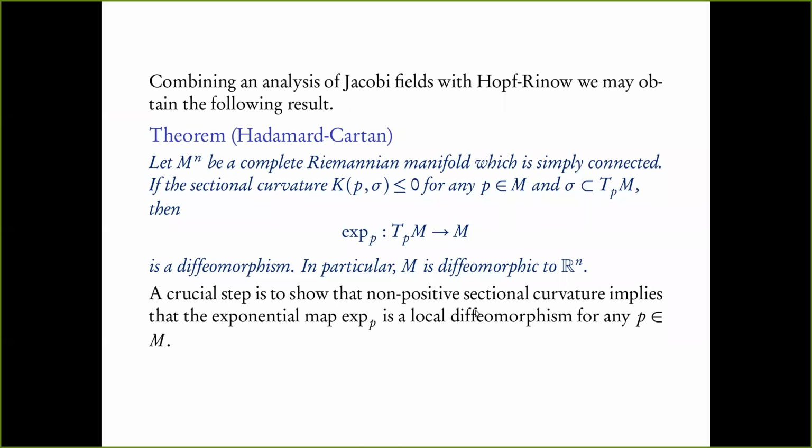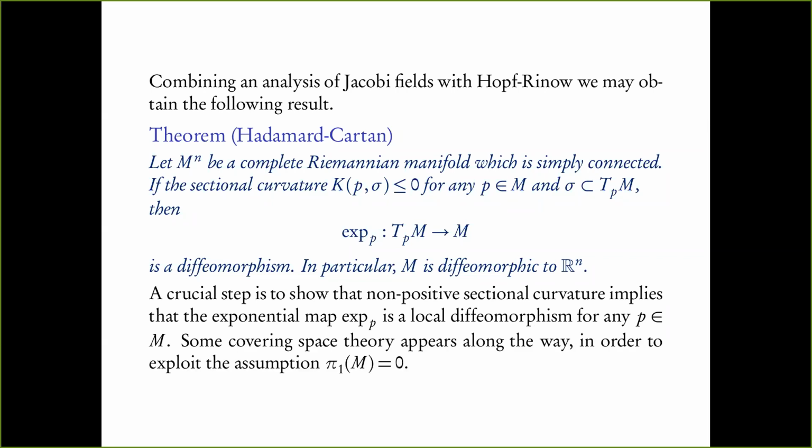So when I say the exponential map is a local diffeomorphism, this is for any v in T_pM. So you have to use that fact and use a bit of covering space theory, because M is given to be simply connected. Conclude that the exponential map is actually a covering, but then it has to be a diffeomorphism. Okay, it's a very nice theorem. It mixes a lot of things that you know in the proof, and the statement is superbly simple and beautiful.